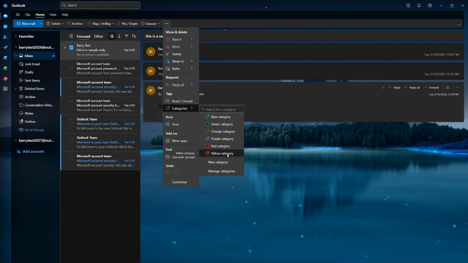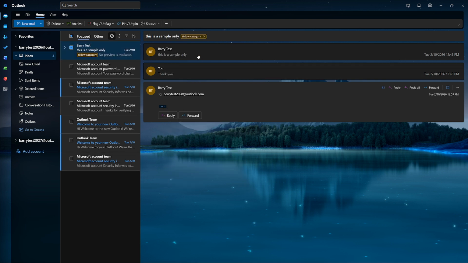As soon as you apply a category, you'll notice its color appear next to the email. Depending on your Outlook layout, this may show up as a colored square, a tag, or a small color indicator by the message. This visual cue makes it easy to scan your inbox and quickly find related items. If you're consistent with your naming and color choices, your inbox will start